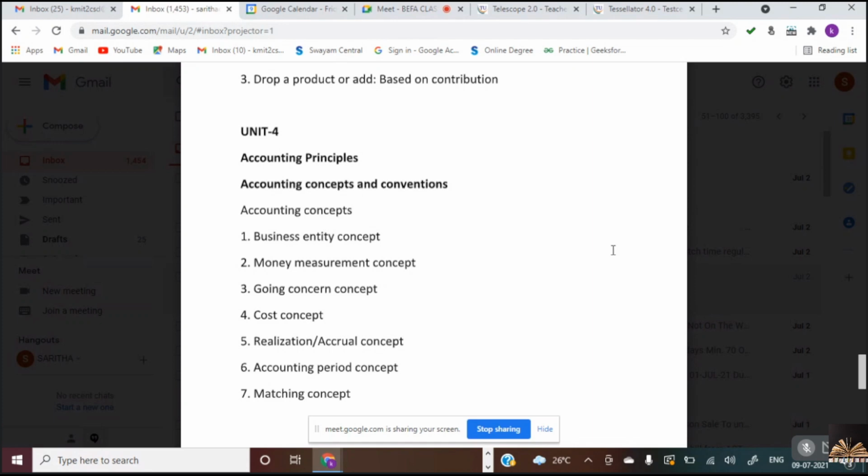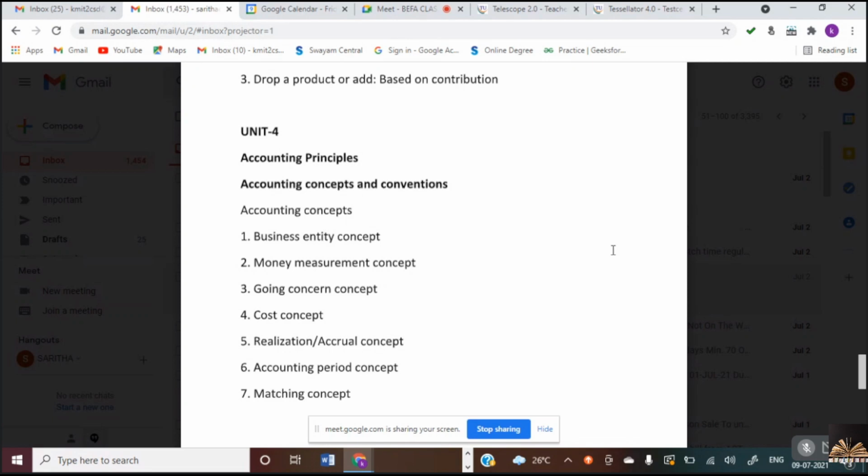So what do you mean by at cost? It's nothing but right from when you apply tenders till you purchase and bring the machine to your factory place, whatever cost you incur, you include in the cost of acquisition. That is known as cost concept. For example, what are the costs involved? Transportation cost, installation cost, and even the tenders that you apply. Every cost involved in acquiring that asset is included at cost, and this is known as cost concept. Is that clear, Nana? This is the fourth concept, known as cost concept.